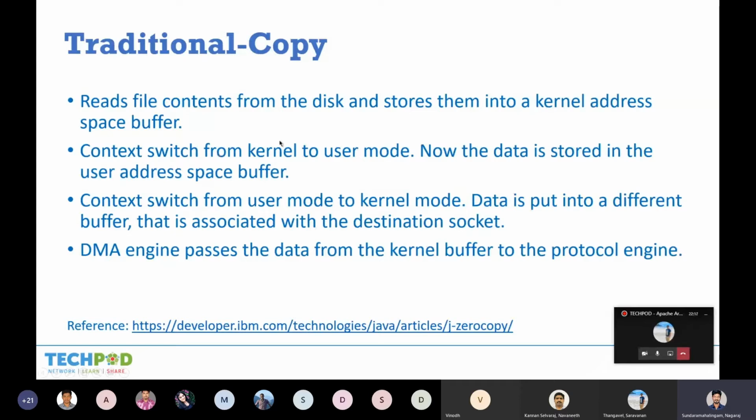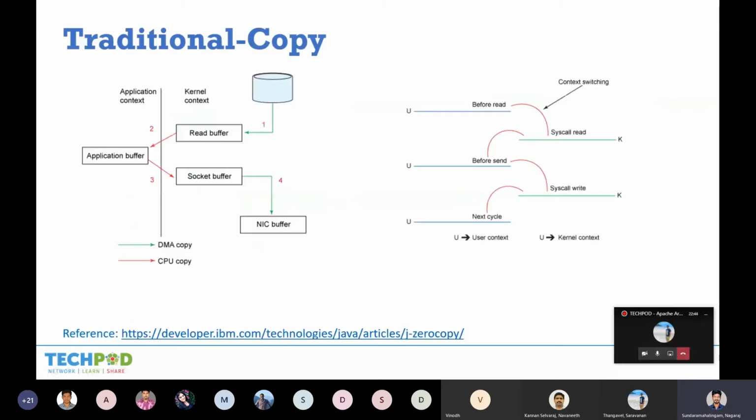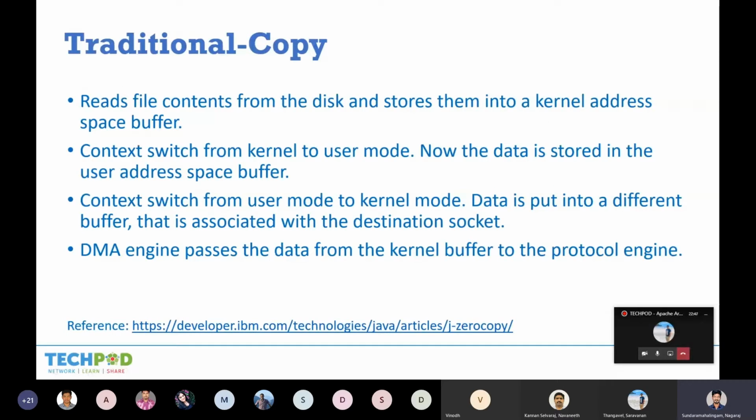Then it switches from kernel to user mode, and transfers the data from kernel to user address memory space. Again from user to kernel, because it is the destination, so it switches the context from user to kernel mode, and then it transfers the data. Then it sends to your destination. That's the traditional method for sending your data from one place to another.